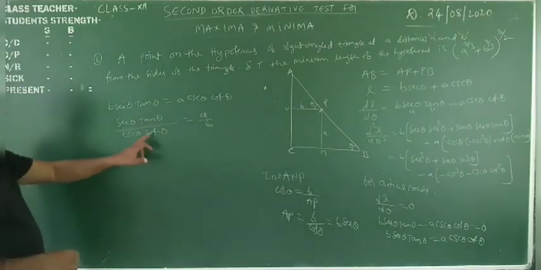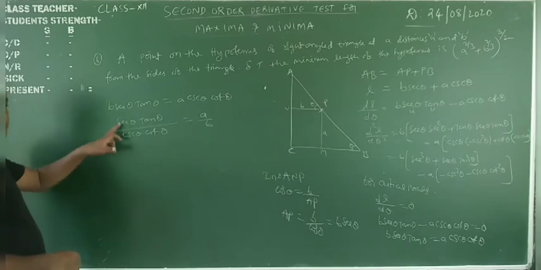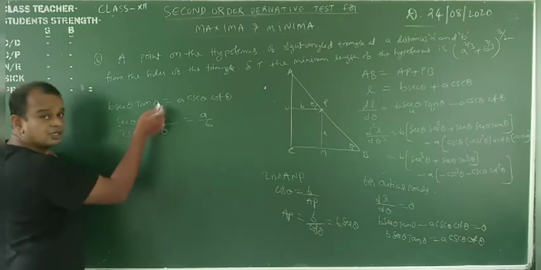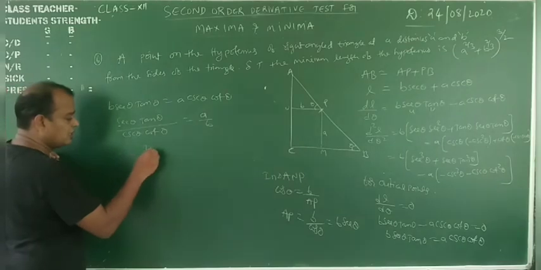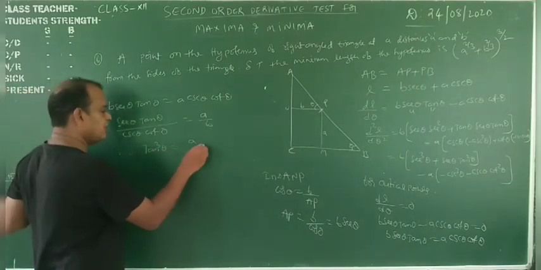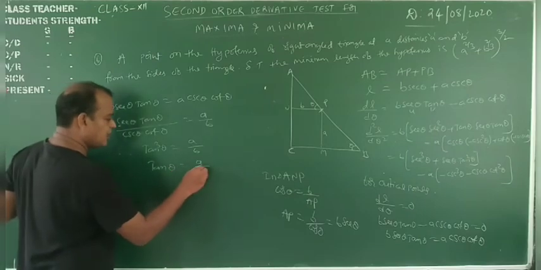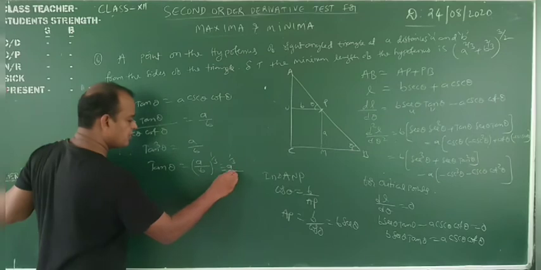Cot numerator, secant by cosecant is tan theta. Secant theta by cosecant, 1 by cos by 1 by sin, sin numerator, sin by cos, tan theta, tan square theta. Here cot theta means 1 by cot, means tan, so this value is tan cube theta. Tan cube theta is equal to A by B. Now tan theta is equal to A by B whole power 1 by 3, means A power 1 by 3 by B power 1 by 3.